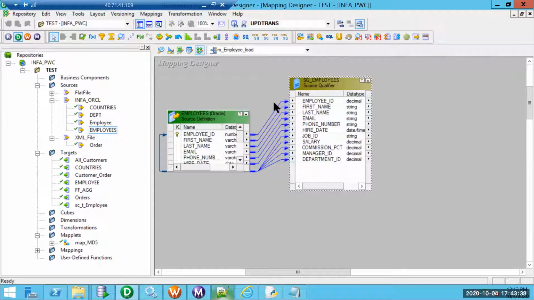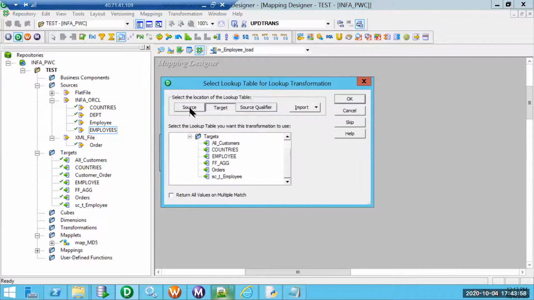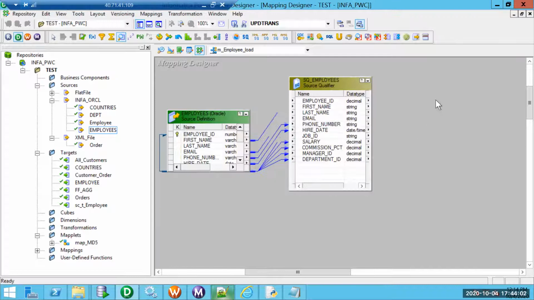As and when we are getting data from the source, in most scenarios it would have had some lookups. So I will try to add a lookup which is capable of looking up the same employees table, and it would retrieve me the manager name.